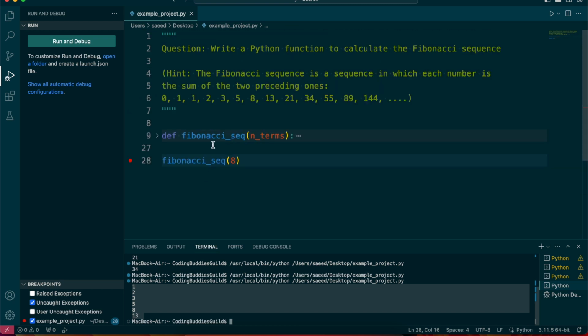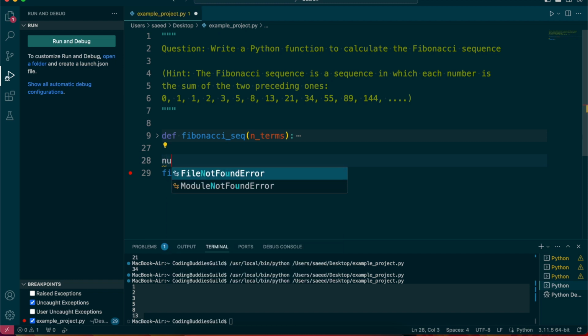Let's see if it's right or not. This is term 1, term 2, 3, 4, 5, 6, 7, 8. So that is the 13. We can make it look cooler and say, just to show you that it doesn't matter the name of the variable, I'm just gonna go